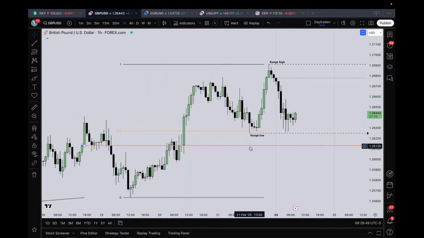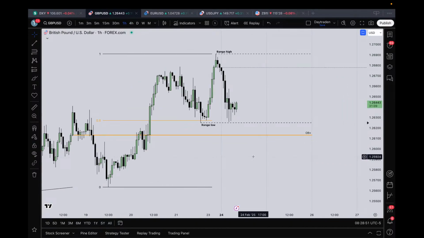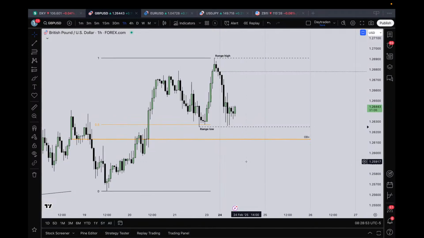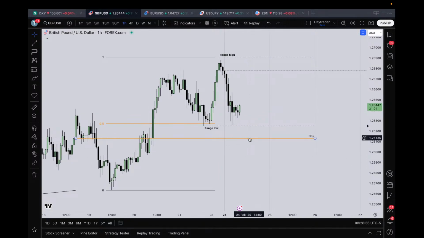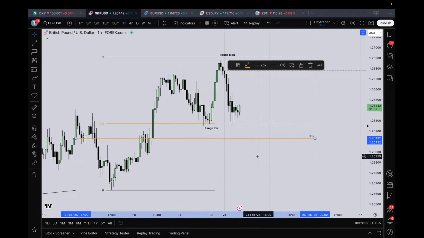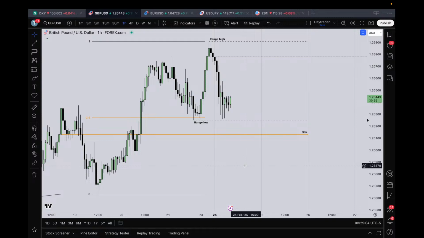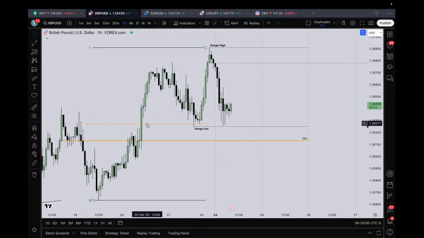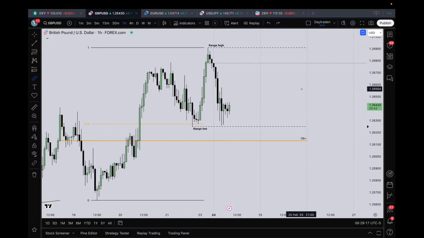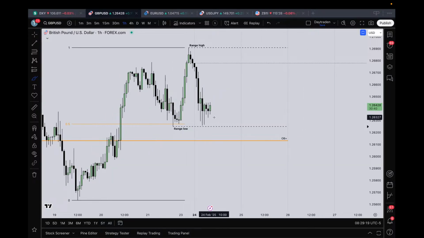Personally, I am going to be anticipating the following scenario. I have mentioned the daily order block, which is this line right over here. I want to be a buyer in discount, so I want to be a buyer below that 0.5 level. We have an engineered liquidity pool on the sell side right over here at the range low. So personally, I would like to see a move lower,